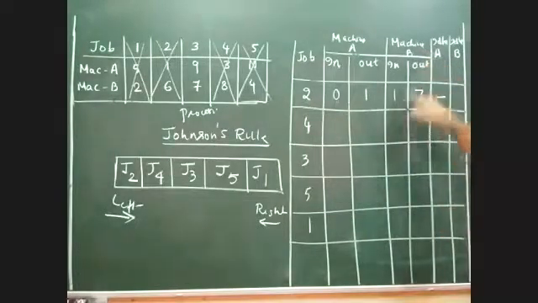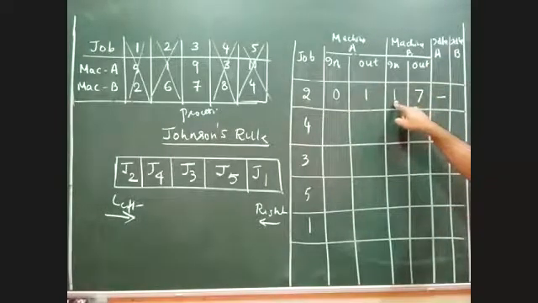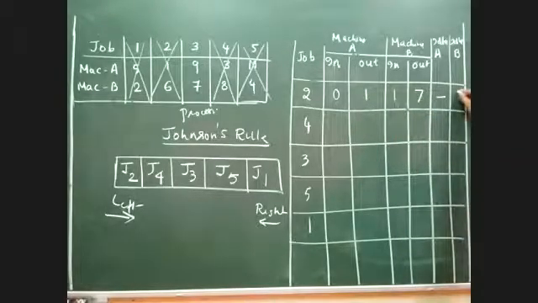But machine B started at the first hour. That means for the first 1 hour it was idle. So the idle time of machine B is 1 hour. Is this logic clear to everyone? Both machine A and B are started together, but what does idle time mean? The process is on, I mean the machine is on, but the process is still not on.